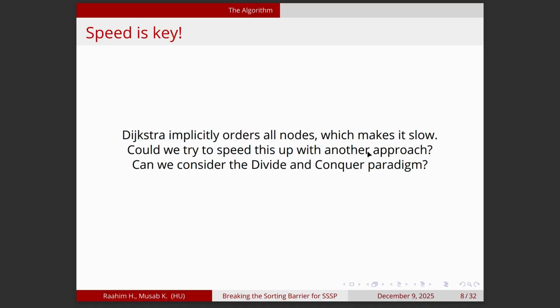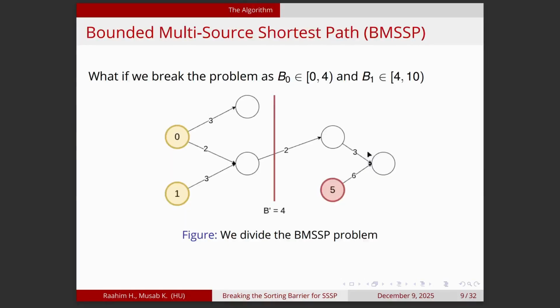So we're going to try to speed this up with a different approach. And so we'll focus on the divide and conquer paradigm. In the divide and conquer paradigm for this problem, what we can do is, instead of solving for the boundary 10, what if we first solve for the boundary from 0 to 4, and we solve for the boundary from 4 to 10, right? And okay, let's say that you actually do it for a boundary of all nodes with distance less than 4. Now, when I want to talk about the nodes with distance between 4 and 10, the issue is when I'm talking about shortest paths, I have to consider shortest paths starting firstly from sources that have a value larger than 4,